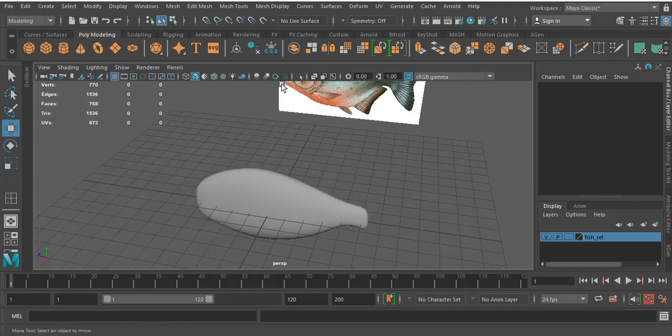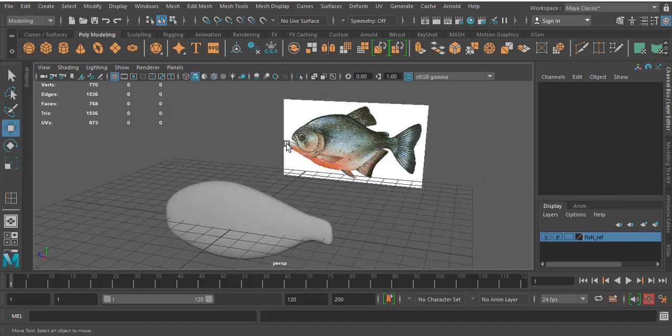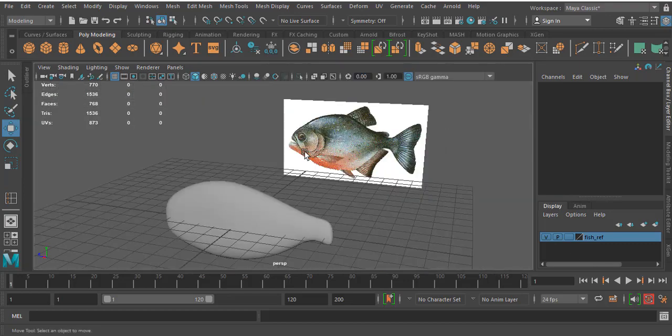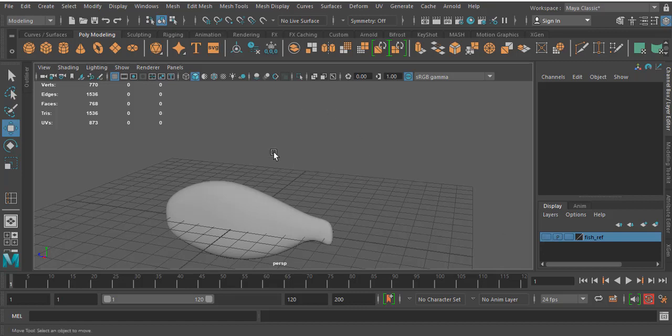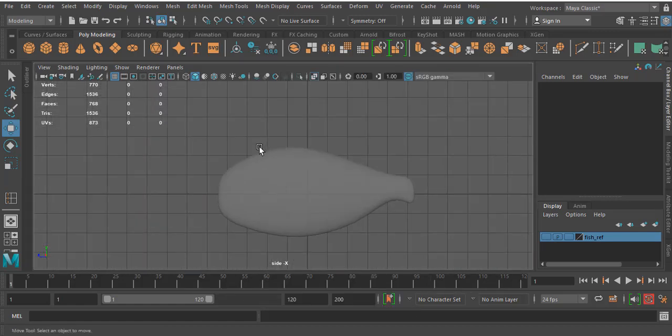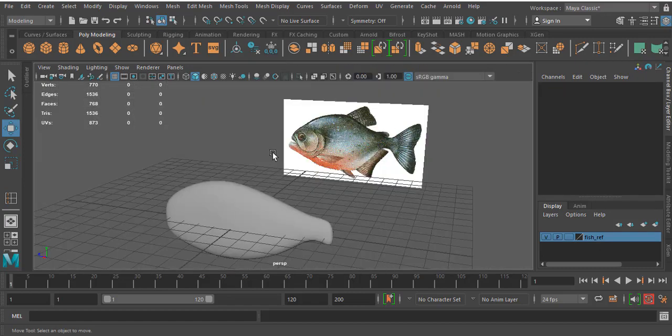So I feel like this image is disturbing my attention for this polygon modeling. So what I'm going to do is hide this reference image from the perspective view. In the other views I actually require the reference image, and in the side view I require the reference image. Most of the people who are not familiar with Maya software might think you can switch off this visibility, so in the perspective the reference image will disappear. But at the same time, you cannot see the reference image over here either. So what you can do is hide the reference image individually according to your viewport.